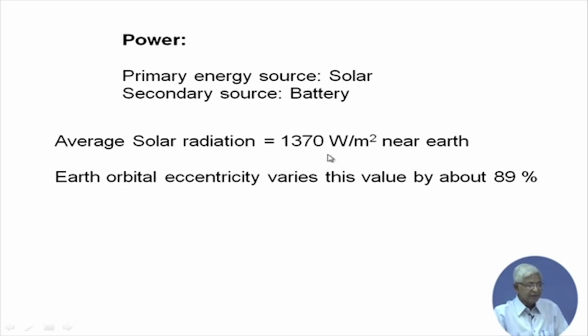But we have to remember the earth is moving around the sun not in an exactly circular path, it has certain eccentricity. So, sometimes in the year earth is away from the sun, sometimes in the year earth is nearer to the sun. So, this radiation will be varying based on the eccentricity. The eccentricity is roughly estimated as 0.89 or 89%. So, this factor also has to be considered. When it goes away from the sun, the solar radiation which will be reaching the satellite will be smaller.